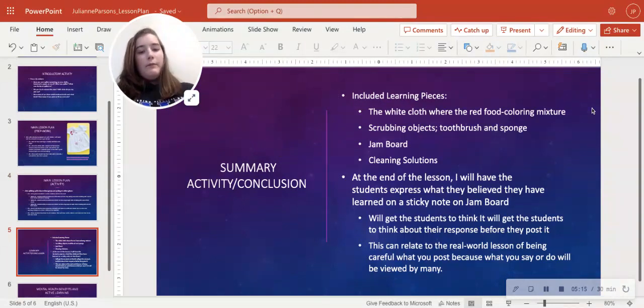All right, so the learning pieces for this are going to be the white cloth with the food coloring mixture, and the scrubbing objects, the Jamboard, which is what I'm going to have them use at the end of the lesson, and then the cleaning solutions. At the end of the lesson, what I'm going to do to tie back the social media aspect of what you post will always stay up and affect people is I'm going to have them think about